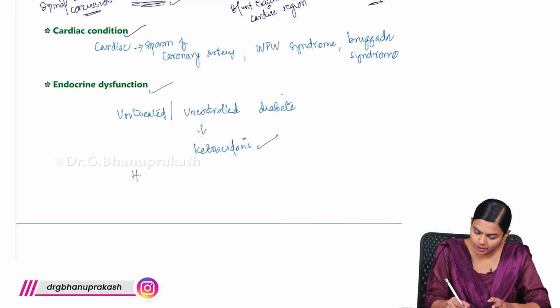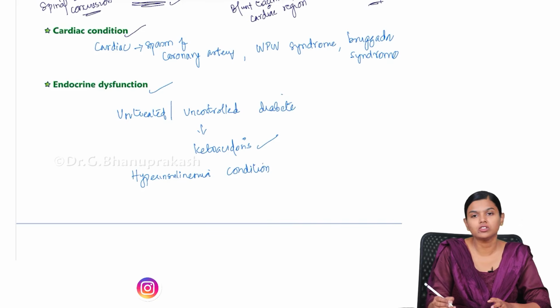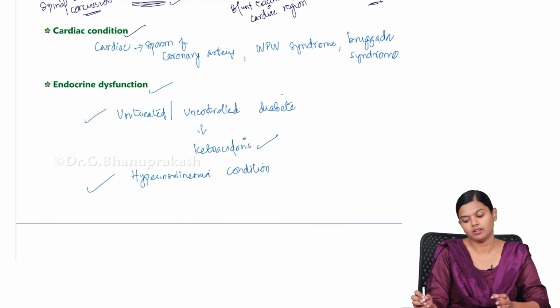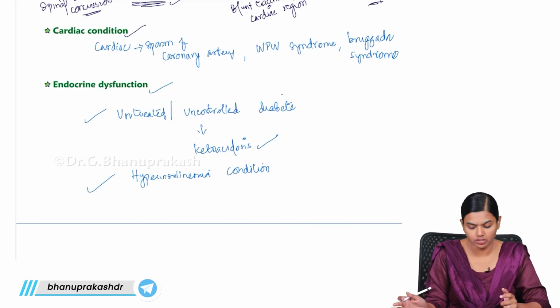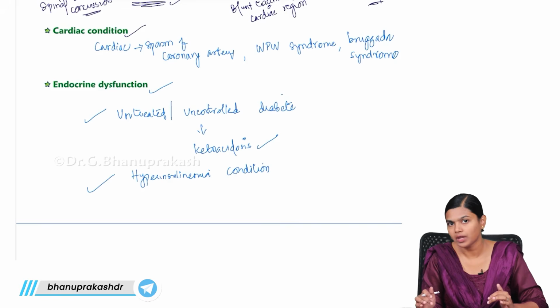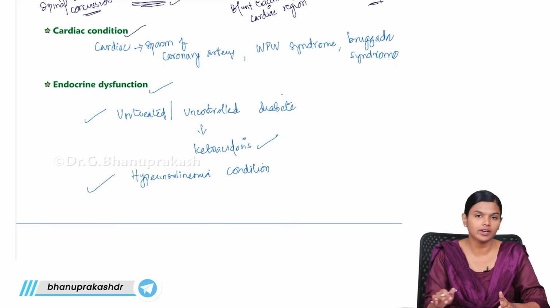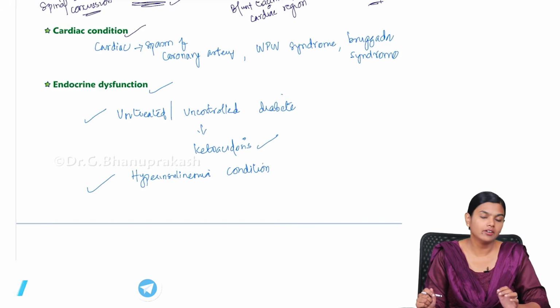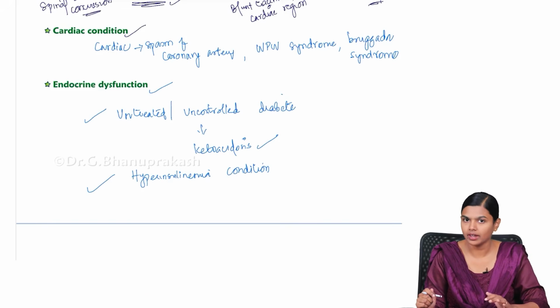If there is any hyperinsulinemia condition, it can result in hypoglycemia. There also death is possible. So these kinds of sudden conditions like ketoacidosis, acidic changes, hyperinsulinemia causing hypoglycemia, all these endocrine dysfunctions, any cortisol storm, all those things can result in sudden death, and can also cause negative autopsy.